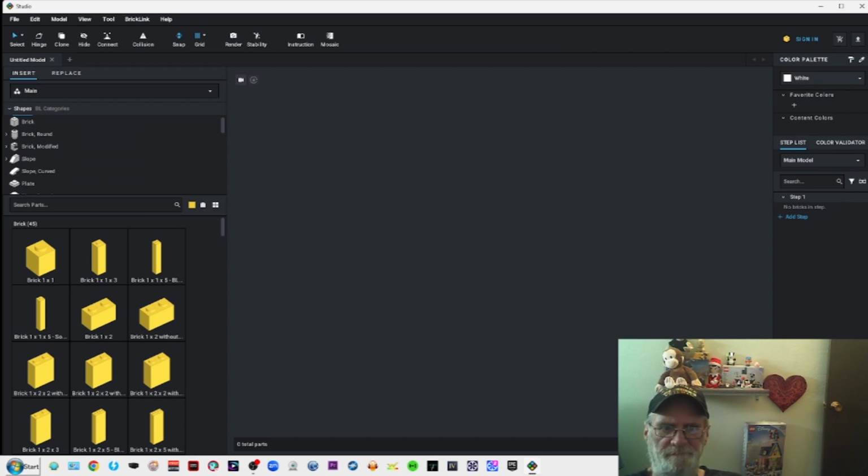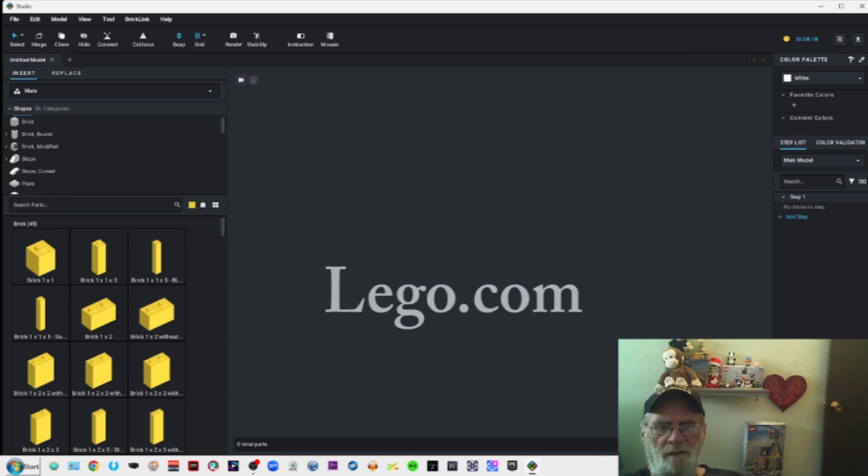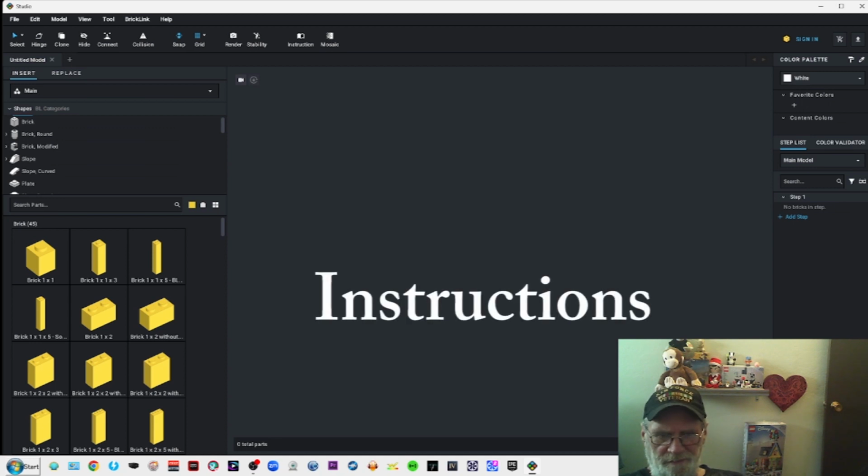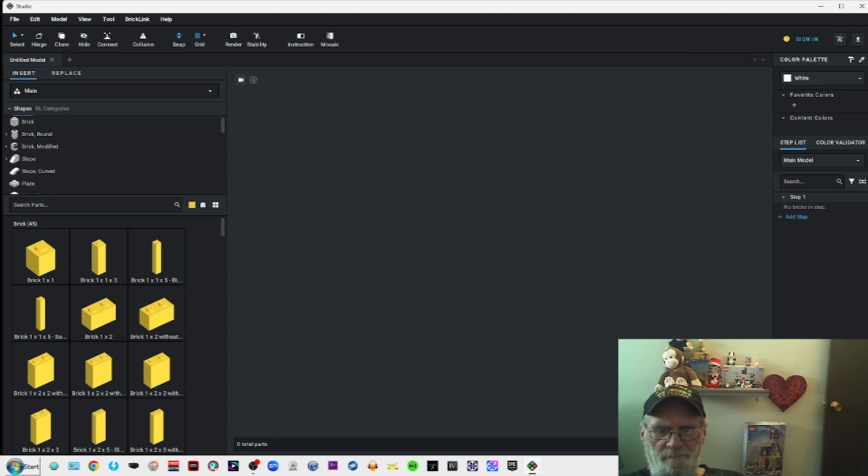So it's like this. And what you do, you just pick any set you want, and you can go to lego.com and first download the instructions that you want, and then take note of the set number. You usually need the set number in order to download the instructions, or at least the name. But usually it'll have the set number there. You just copy and paste that into this. This is what I'm going to show you. So what you do,